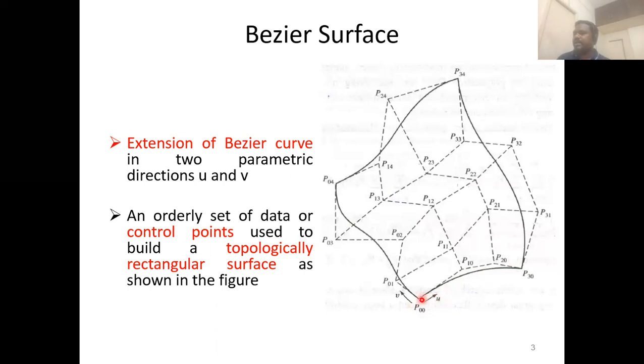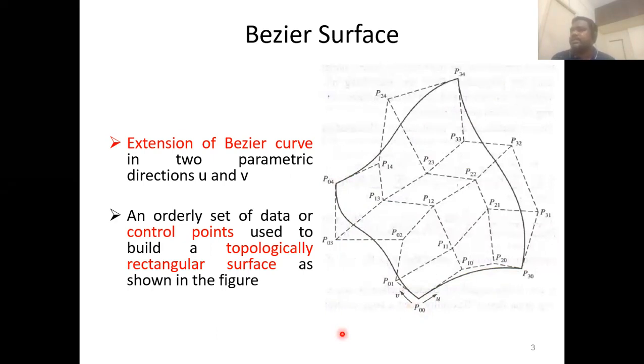So here the u value will be 0. So this will be varying like this. This will be varying like this. Okay, u is varying along this. Here v will be 0 along this line, but it will be varying like this. Okay, and similarly here v also likewise, and this also. So here a Bezier curve varies the u value from 0 to 1.